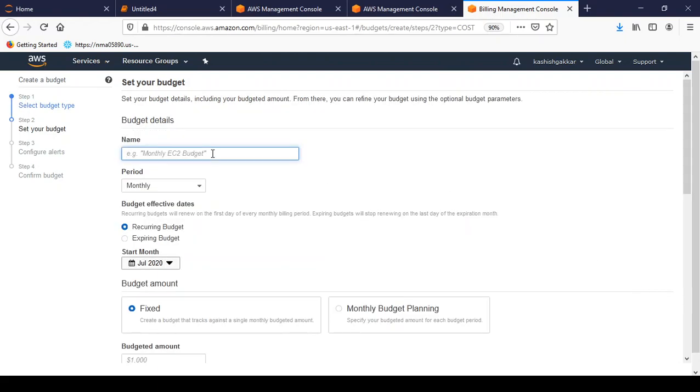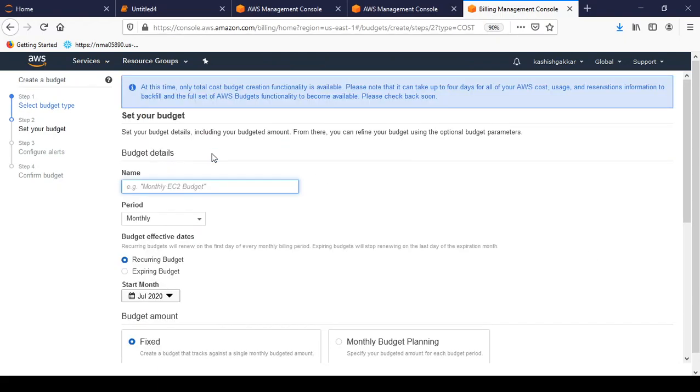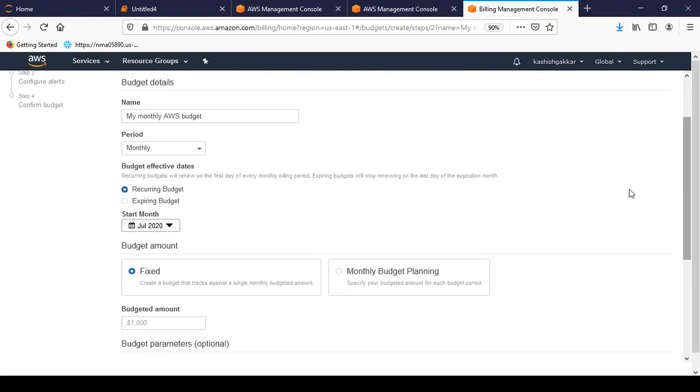It is asking for the name. You can put any name like my monthly AWS budget, and then you can set it to monthly, quarterly or annually. I would prefer to set it as monthly, because every month AWS charges you for the cost that you incur throughout the month, so it is good to keep it as monthly.